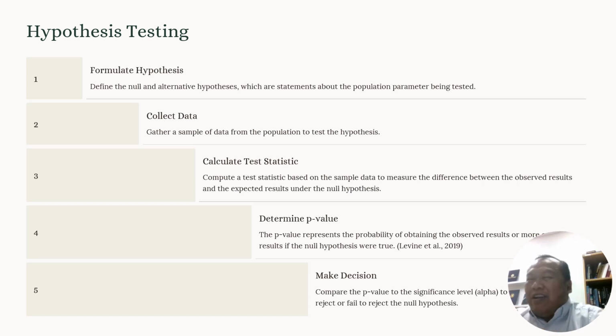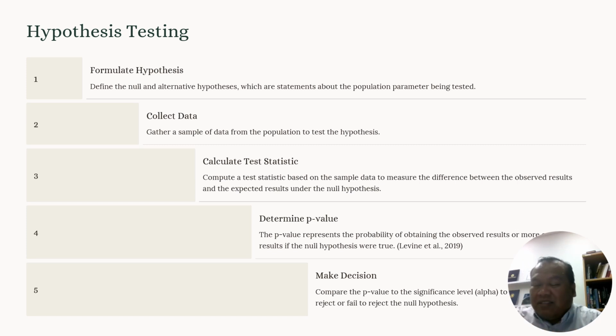So in the morning you have 800, 600, 1000. In the afternoon you have 1500, 1200, and 1000. And then you do the calculate test statistics. For our case of the sales in our grocery store, our test statistics is getting the mean or the average. So adding them together, divide by 3, you got 800 mean or 800 average sales in the morning, and 1,233 sales in the afternoon.